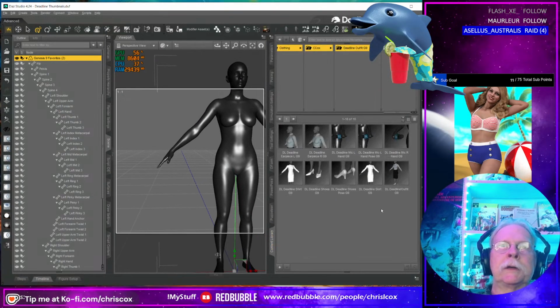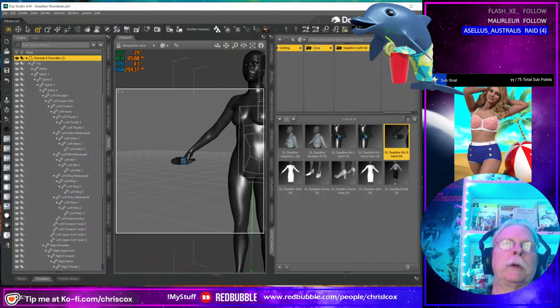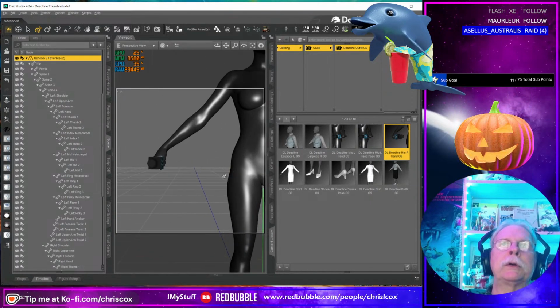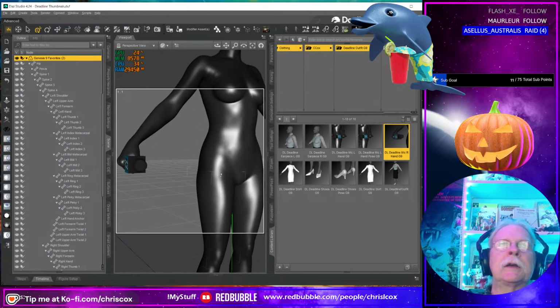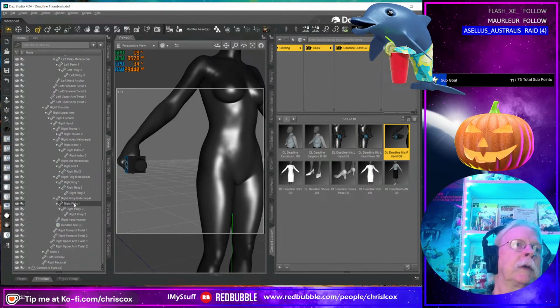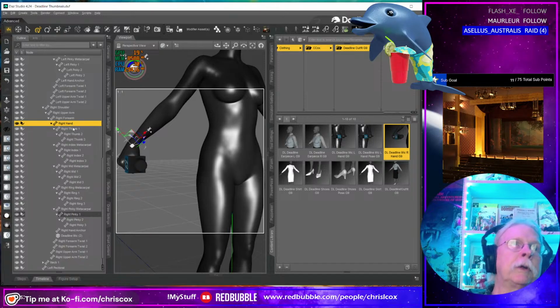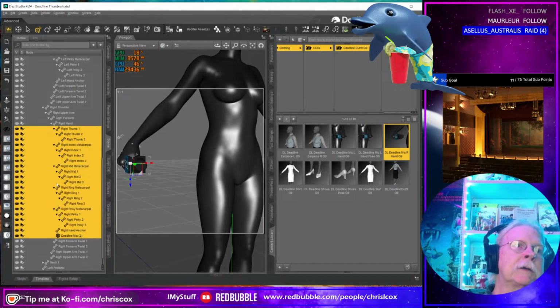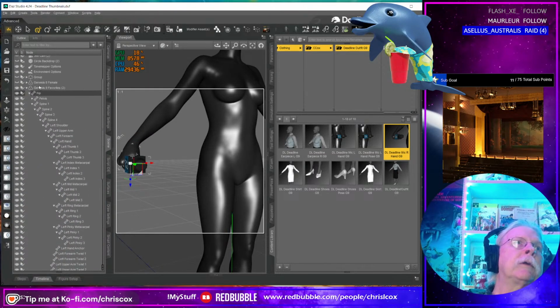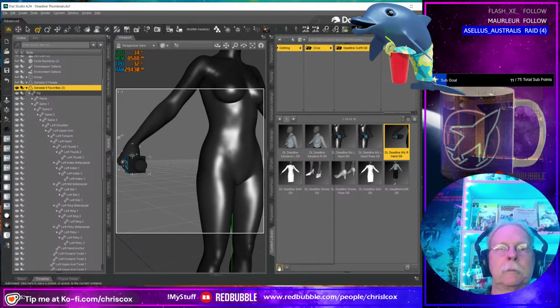There we go. All right, let's see. You are for the right. There we go. Happy, happy, joy, joy. Let's save that pose. Kind of the same thing we did before. Make sure all of that is expanded. Select all of that, and also make sure I have the main node selected.